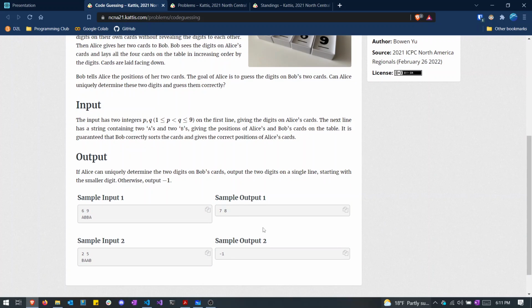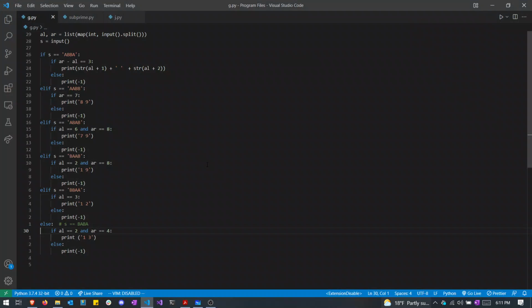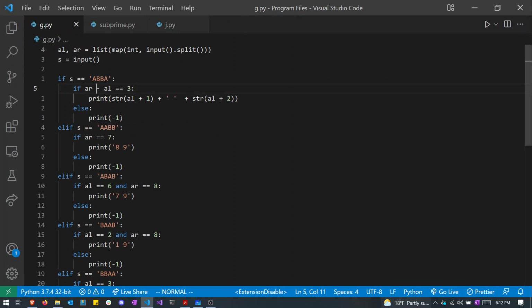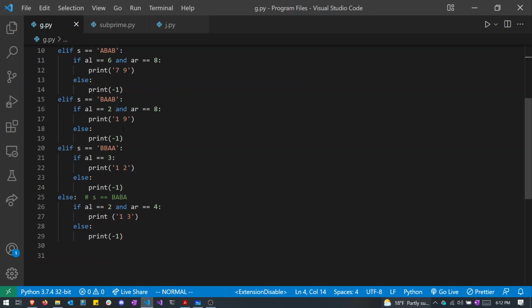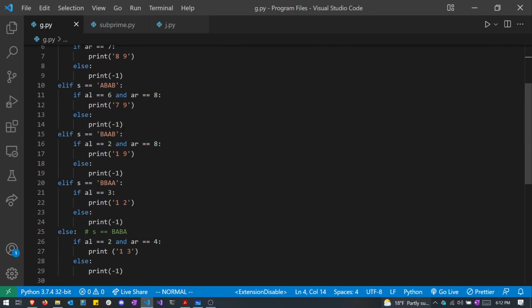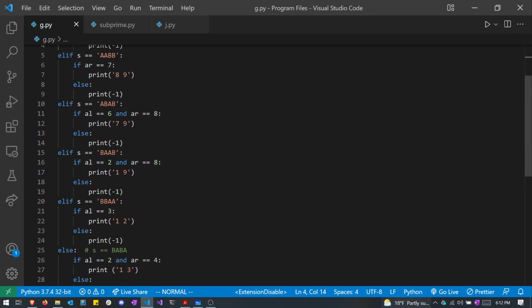The first thing that I started doing was laying out all the possible scenarios of the card orientation and seeing where we can go from there. I quickly learned that with the exception of ABBA, where Bob's cards are on the inside, which requires a little bit of math, all the others have only one possible scenario for that orientation. For the first one, Alice's cards are the first two and Bob's are the second two. Just remember that all the way throughout we want to solve for B, basically.